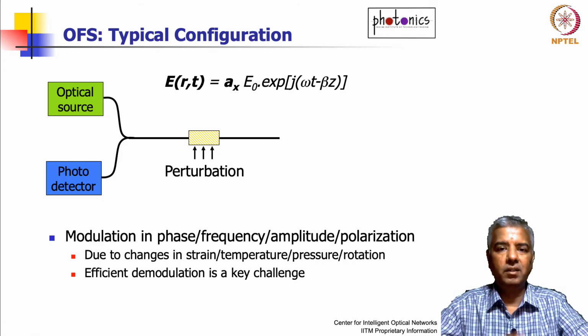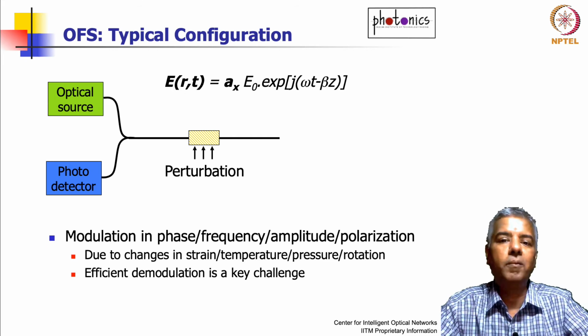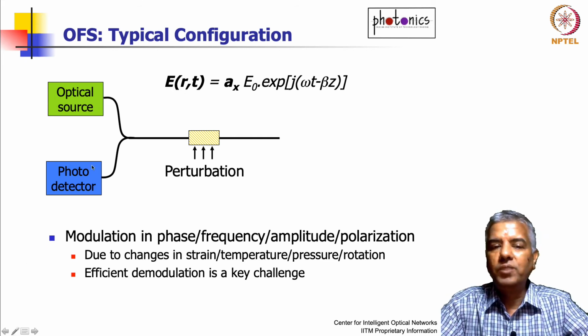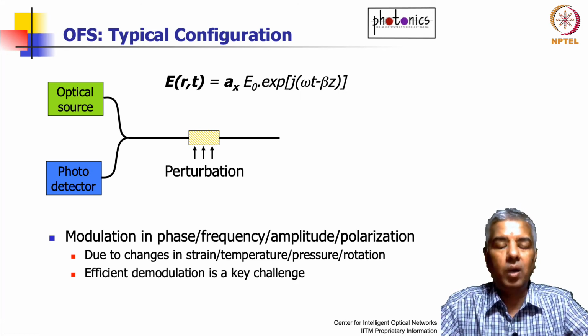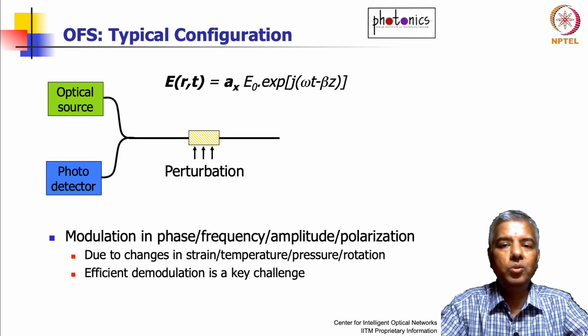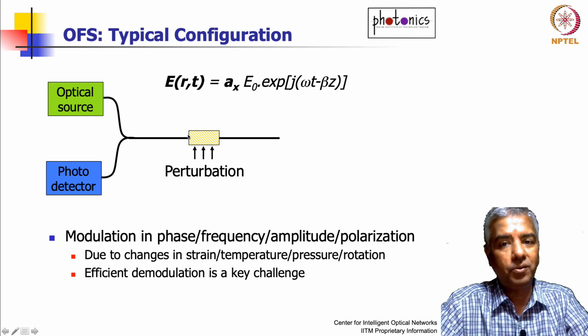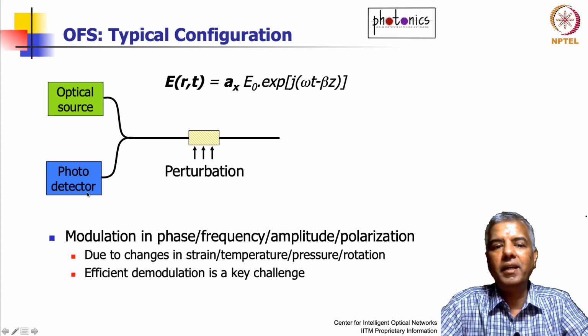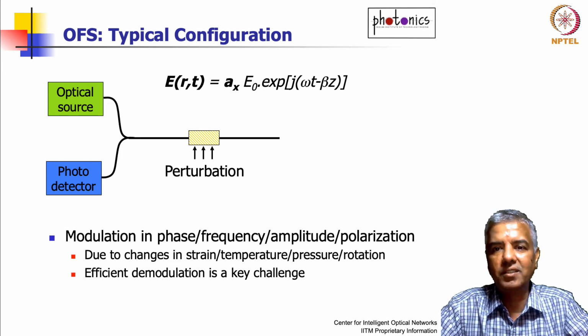But in all of this, a key part to understand is that we are dealing with an inverse problem. What do I mean by inverse problem? Well, I am seeing, say, some change in the intensity of the light, okay, and I'm trying to make a decision based on that. So I need to attribute that change to this perturbation. It could have been caused by this perturbation or it could be caused by something else, you don't know, right? But typically you are trying to make an observation and then say based on that observation what could be the perturbation that caused it. Okay, so that's what I mean by an inverse problem,